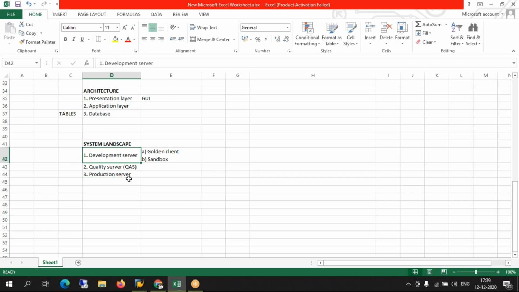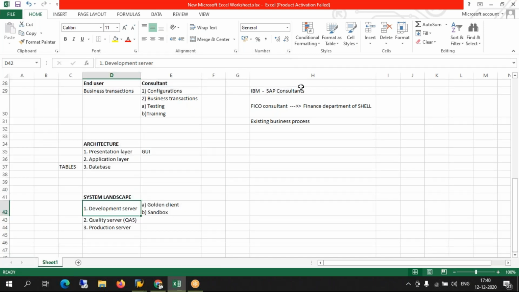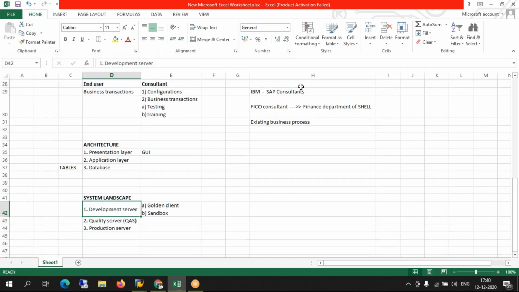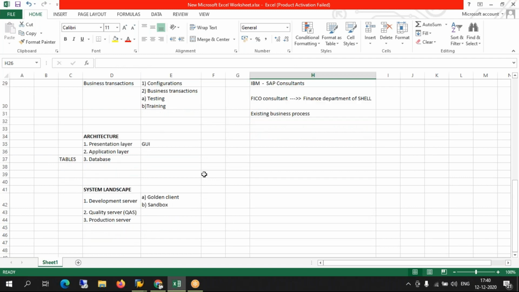Now, development server is the server where initially, we have taken the example of Shell. As soon as Shell expresses their desire to have SAP implemented, we as consultants go there and start the configuration process after understanding their business requirement.